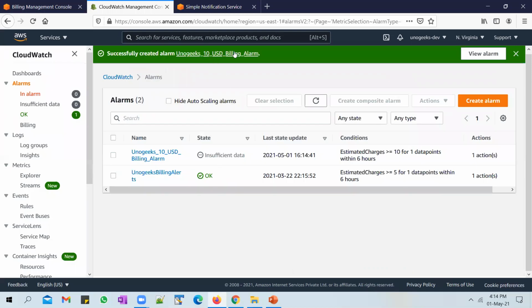And you see that yes, the alarm is created. You could see the details in there. At the moment, there's not enough data available because it's just been created. If you view this after a couple of hours, you will see that it will be in OK state. But if you launch a couple of EC2 instances and leave them running for more than a month, the moment it crosses 750 hours of usage, you will see this alarm going off, and you will receive a notification. That's the usage of setting up this billing alarm.